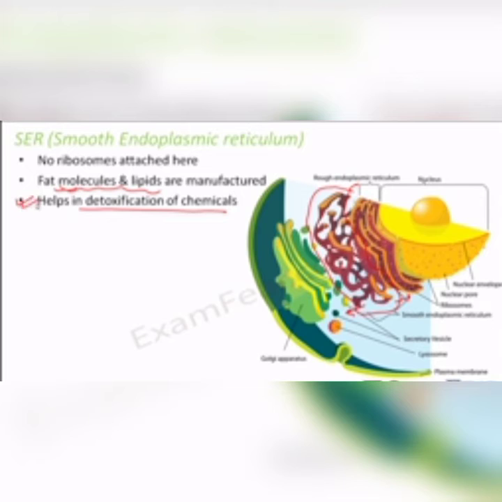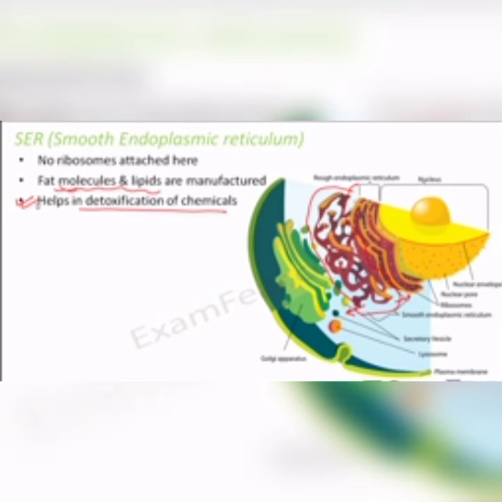Now let us discuss this detoxification part. As I said, they are present in cells where fat synthesis is more, for example, liver cells. Now let's just take an example. You would have often seen that people say that drinking alcohol is injurious to health. Why? Because whenever there is an alcohol intake inside the body, there are a lot of poisonous substances present in alcohol. There are toxins present in that which might harm the body. So what does the liver do? The liver does the detoxification of those harmful materials.